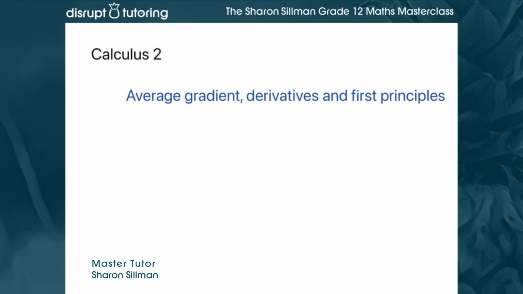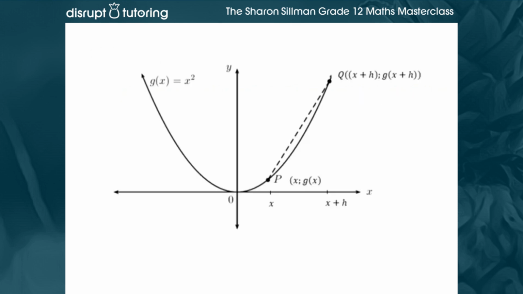This is our second calculus video, and we're going to be speaking briefly about average gradient again and how it leads to finding derivatives and how we're going to find a derivative using first principles. So you'll recall this diagram from the previous video, and hopefully you recall that if we wanted to find the average gradient of the curve between these 2 points,